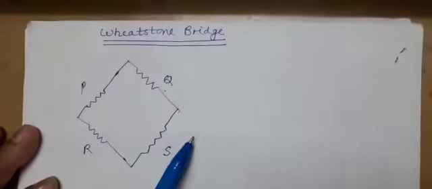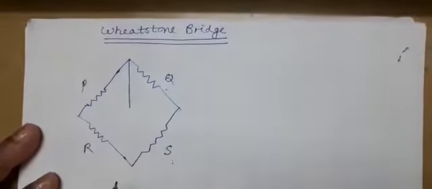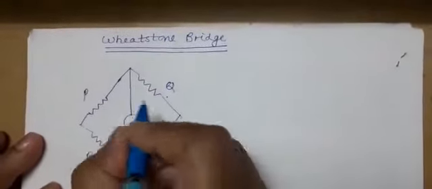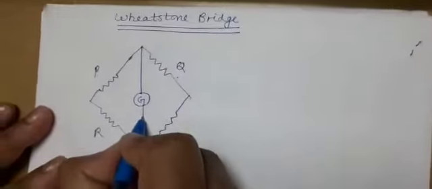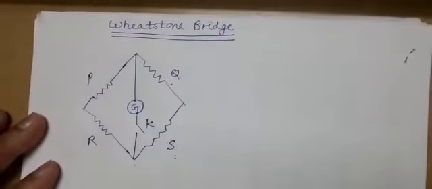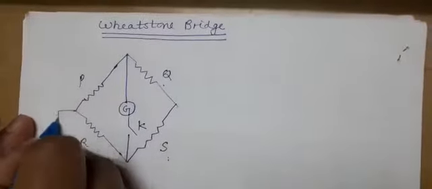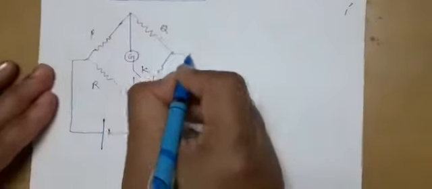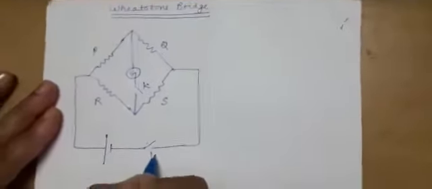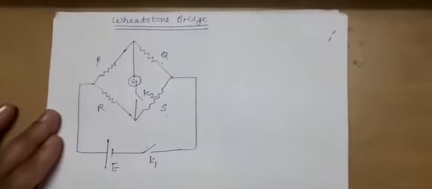And this bridge is balanced. Here we also require, for this to get a complete circuit, between these two terminals we connect a galvanometer with a one-way key. This is the key. Now, no circuit will be complete without the introduction of a battery, a cell. So here one cell will also be connected. Let this be K1, this be K2, any name you can give, and here this cell having EMF E.